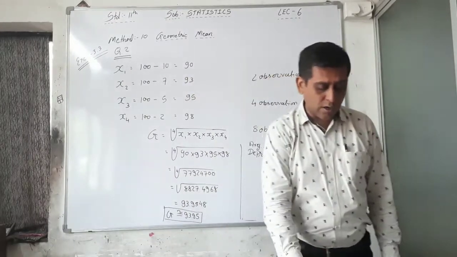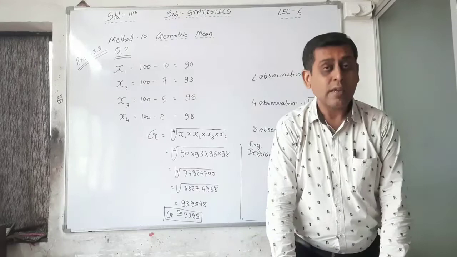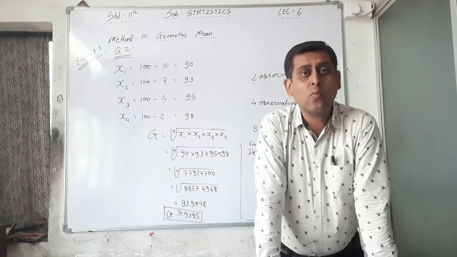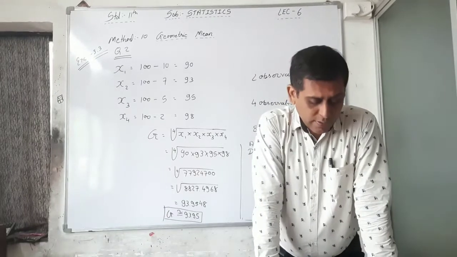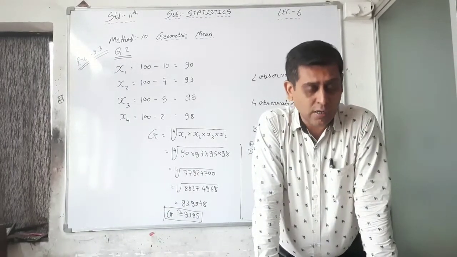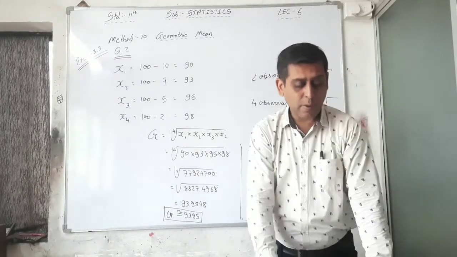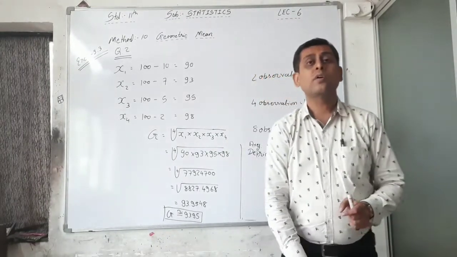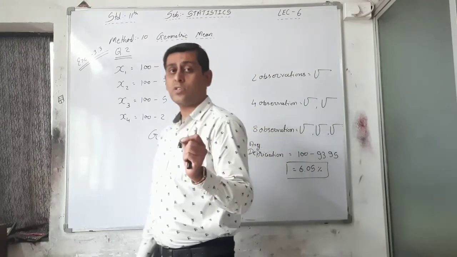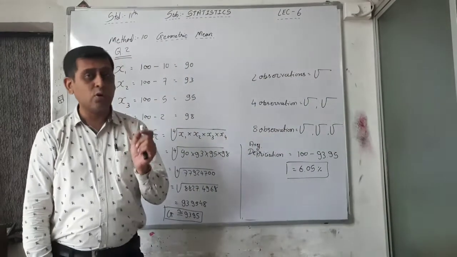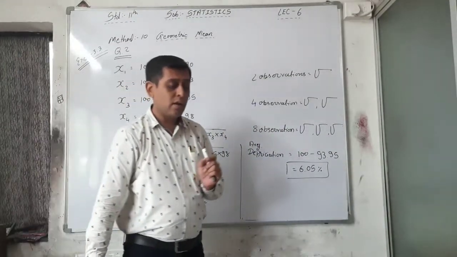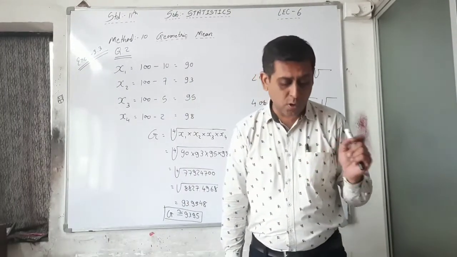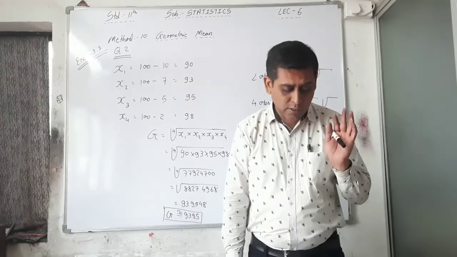Okay, now here exercise 3.3 is complete, and what is your homework? Your homework is only 2 sums, that is exercise 3.3 question number 1 and 3, but you have to do up to, in your example book, illustration 16, you have to complete that 1 to 16 illustration, and you have to complete in your exercise book exercise 3.1, 3.2 and 3.3.